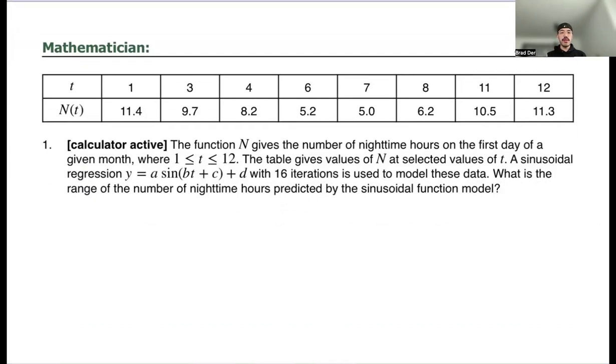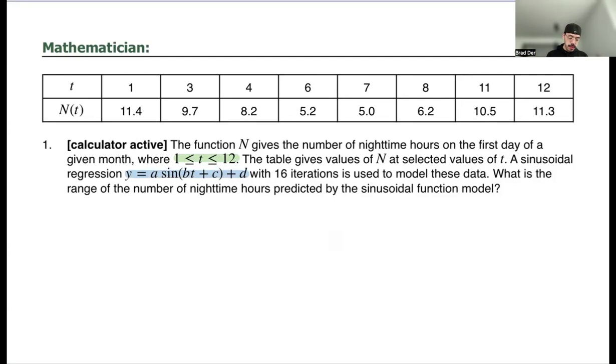We can see that there's a table of data at the top of the page. The context tells us that this is representing the number of nighttime hours over a certain length of time. Note here that they're telling us that this is for t values between 1 and 12. Also notice that the sine function is written with our normal A, B, C, D, but something is